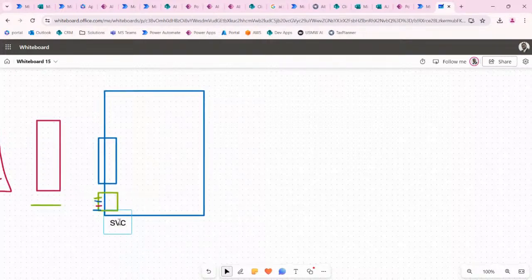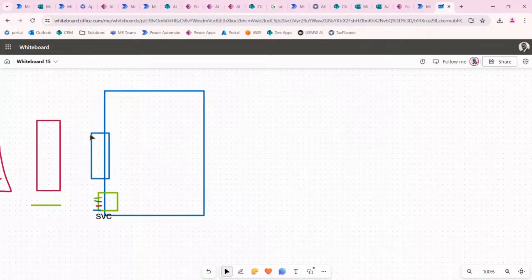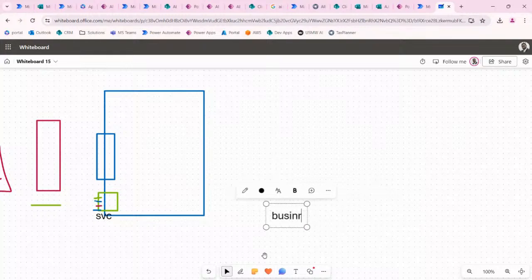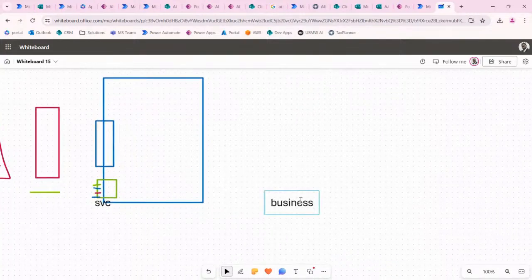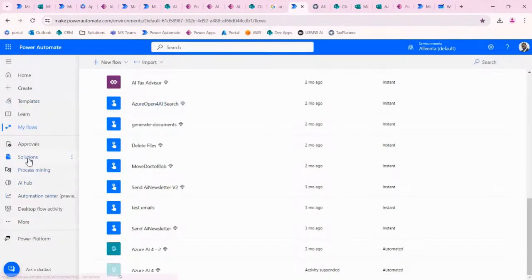Outside of that, keep in mind, these boxes are solutions. And this other one is going to be all of my business layers. This is where I keep all my other Power Automates. Let's look and see what that looks like in practice. If I go to solutions,